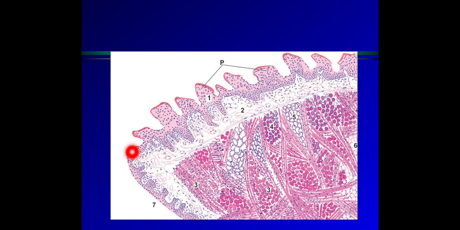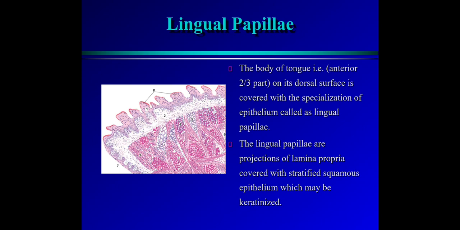In addition, the dorsal part of the tongue, as it is the anterior 2/3 part of the tongue, shows a number of papillae. Here you can find a number of projections. These are nothing but the papillae. The pointed papillae are called the filiform papillae, and the rounded papillae are called the fungiform papillae. We'll see the papillae present over there. There are papillae present in the anterior 2/3 of the tongue.